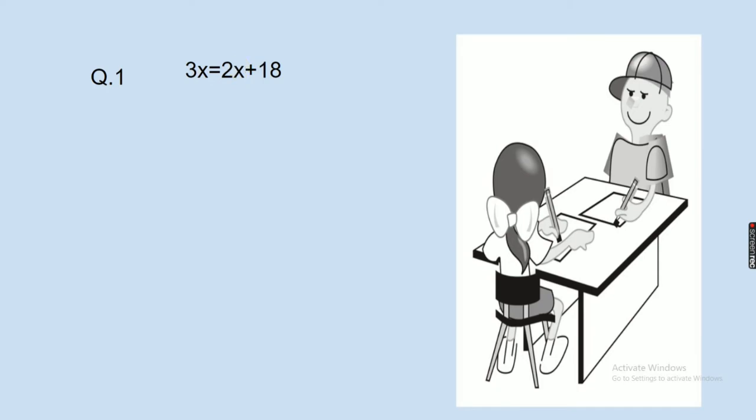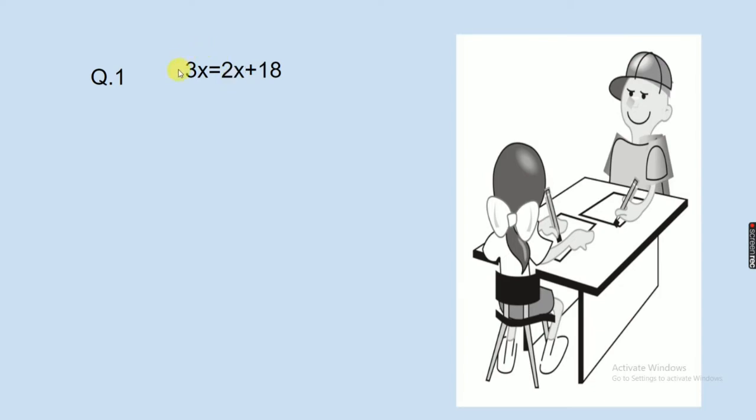What we have to do is transpose variables on one side and constants on the other side, because you know that we have to find out the value of this variable x. So to find the value of x, we would transpose this 2x to the left hand side of the equation, but